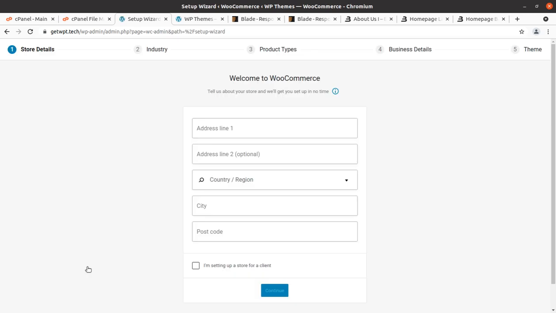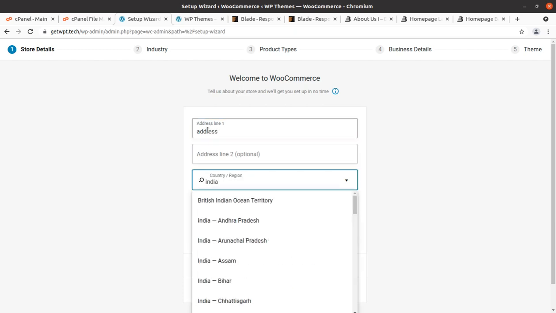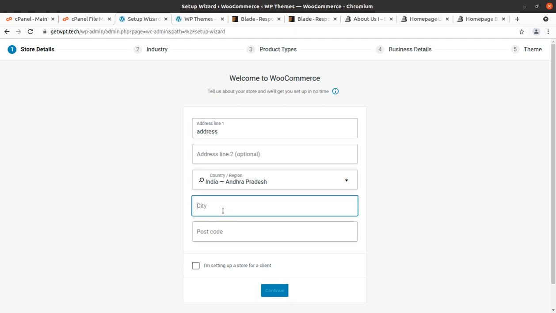And WooCommerce needs certain information after installation. Let us complete it, and I am putting just sample data. You need to put the original one as applicable for you. It is just a few steps, but of course they are necessary steps.